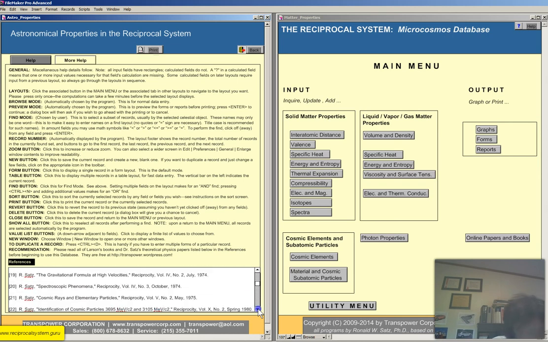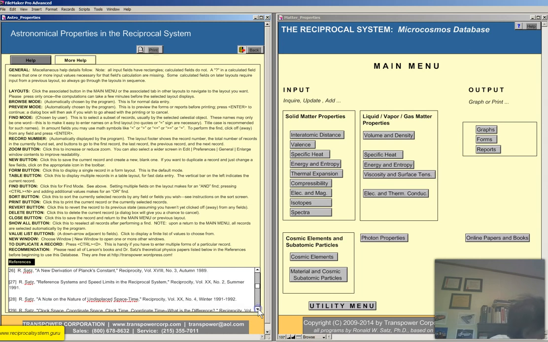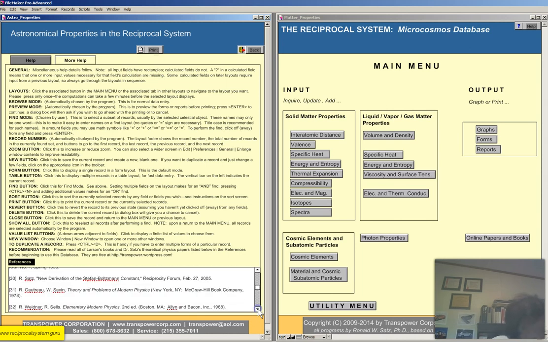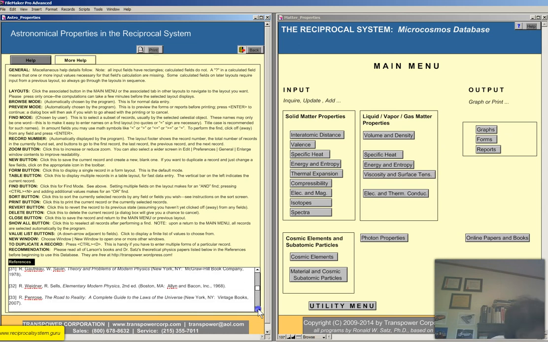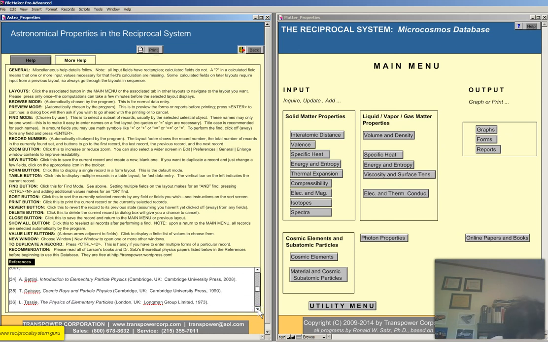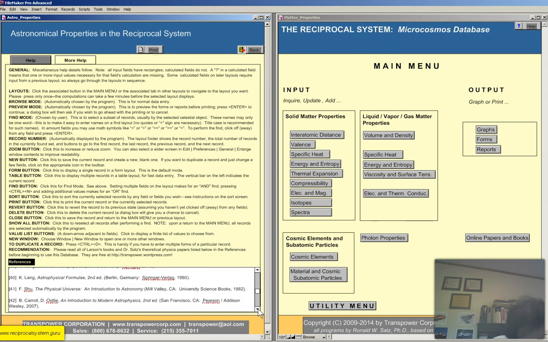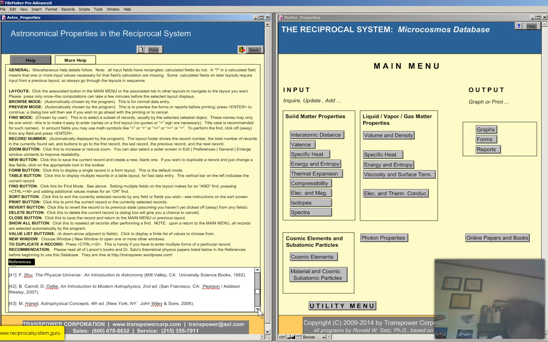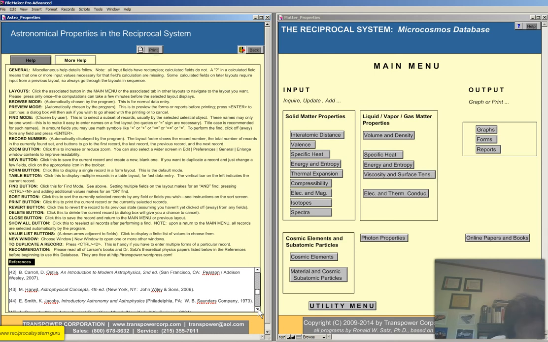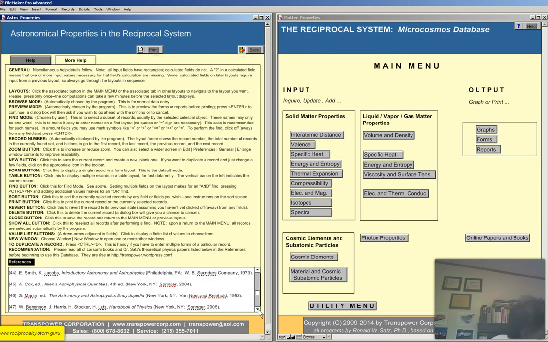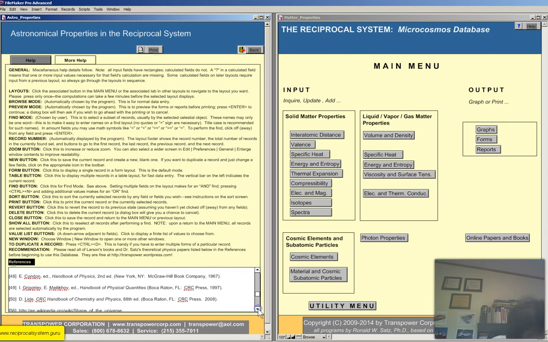I'll scroll down here quickly. All these references, so believe me, there's a whole lot backing this up. And then, of course, all the general references to physics and astrophysics that are out there, like Widener and Sells, Penrose, Kenneth Lang, Essential Astrophysics, Kenneth Lang, Astrophysical Formulae, Shu, The Physical Universe, Carroll and Ostlie, that's the standard one, An Introduction to Modern Astrophysics, that's the standard textbook these days. Harwood, of course, Condon,